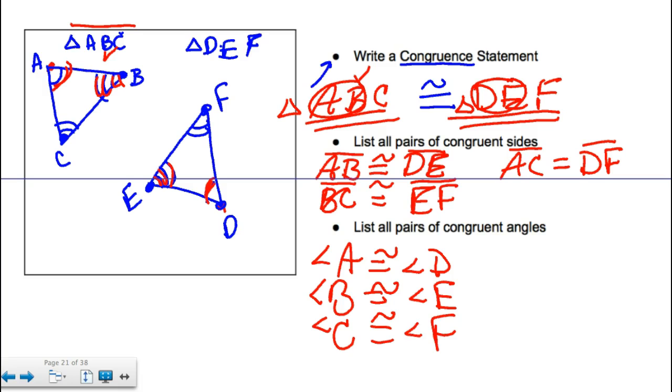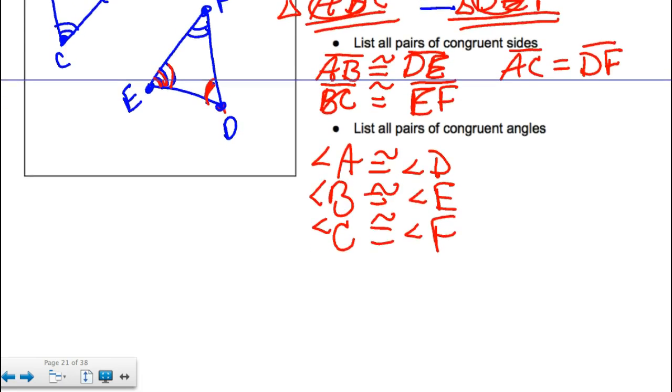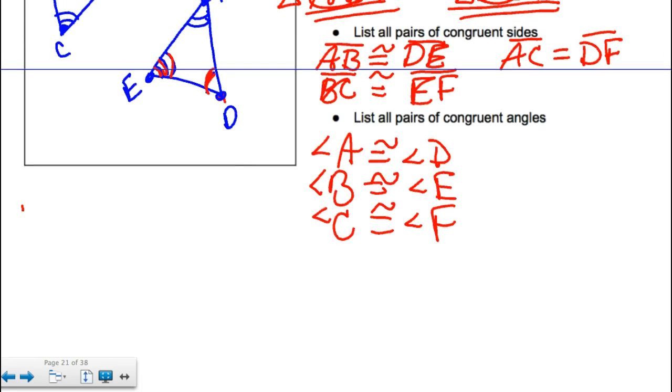So when you're asked to list the pairs of congruent sides, you could look at the picture, but suppose I told you that there was a pentagon and I called it PQRST, and it's a pentagon, so you'd put a picture of a pentagon in front of it, but whatever. Pentagon PQRST. I don't think you can see my pentagon because I put it out of my screen capture, so I'll go put it on here. Pentagon PQRST is congruent to pentagon